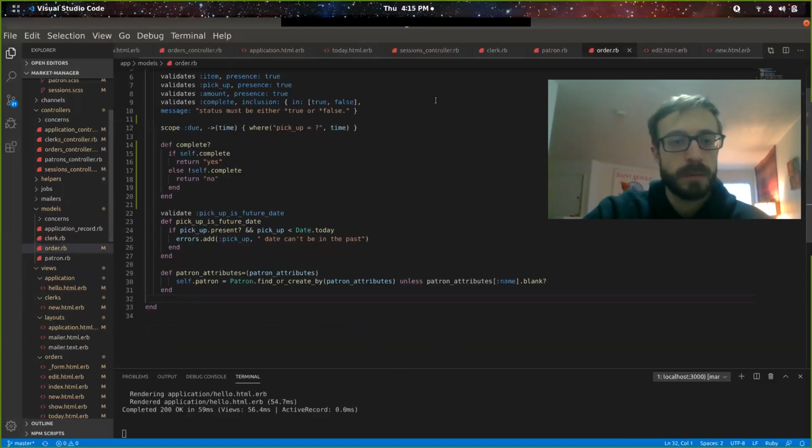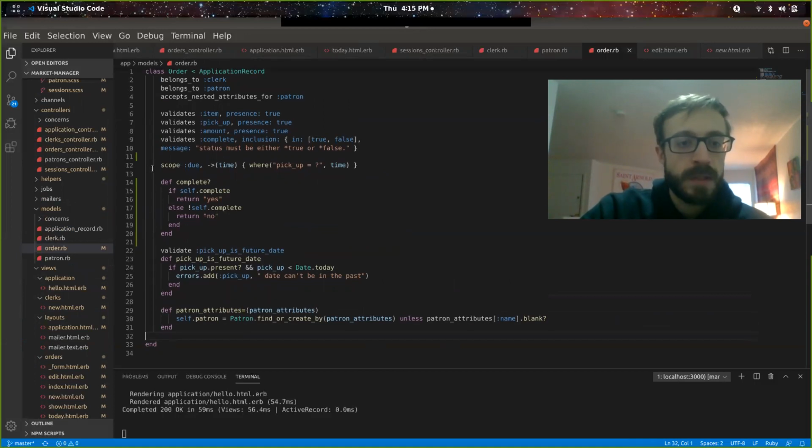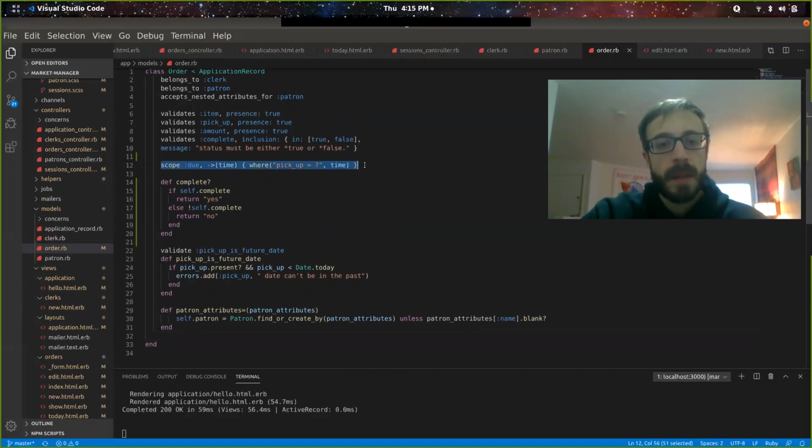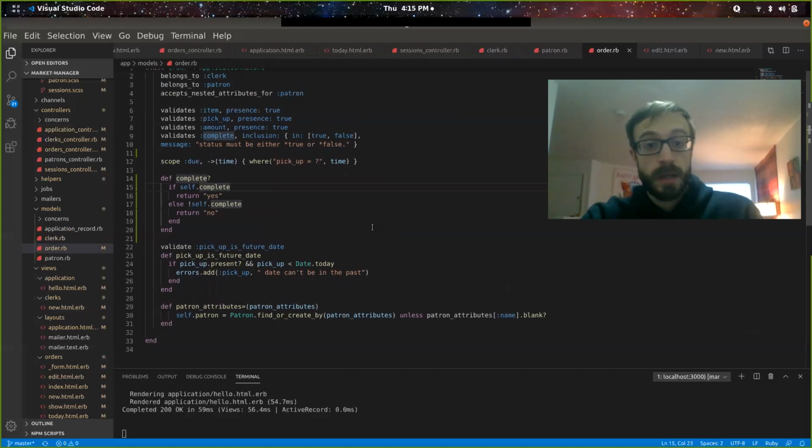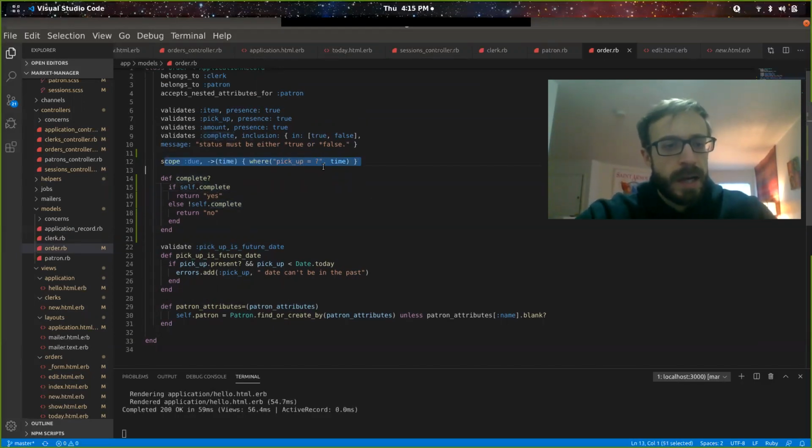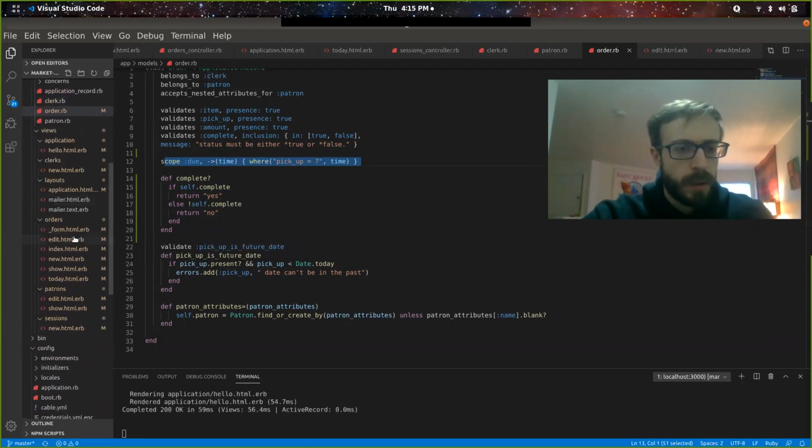So getting back to the models themselves, this is a custom scope method. This is a really cool method of building custom functionality for a class. I've called it do and set it to a data type of time. And this is the actual query where this question mark is going to equal the variable that you pass in, or the data that you pass in. And to show you this method in action,